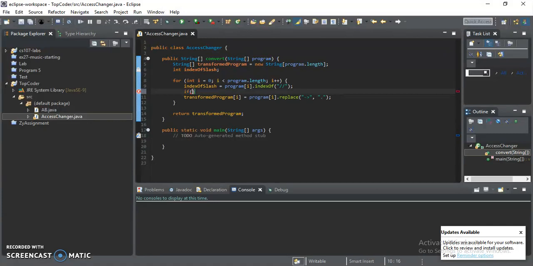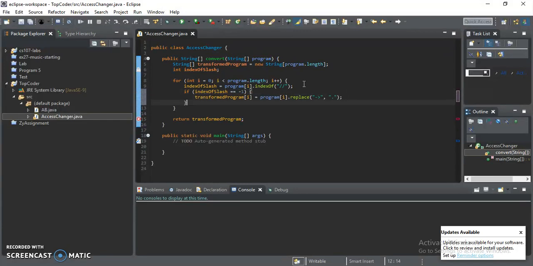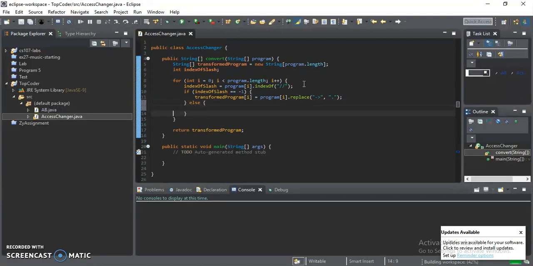The easy case is when there is no comment. In such a case, the index of slash will be -1. Else,